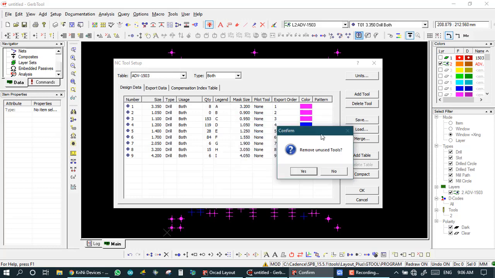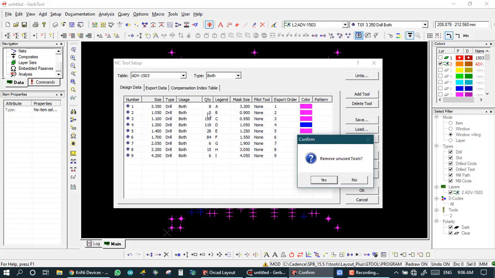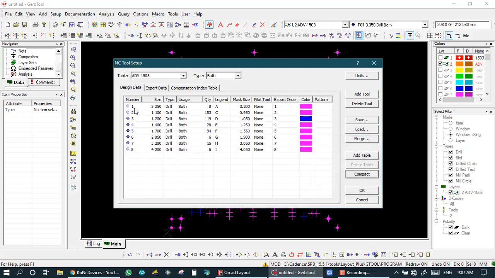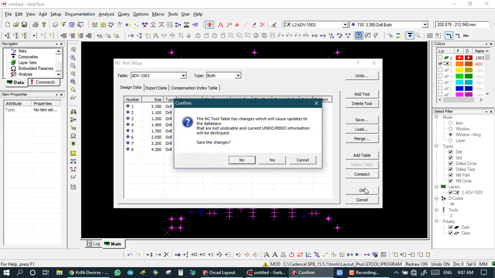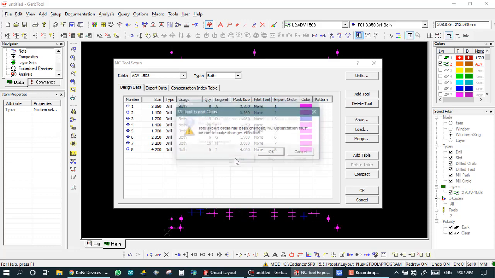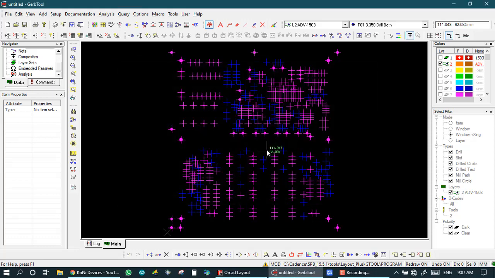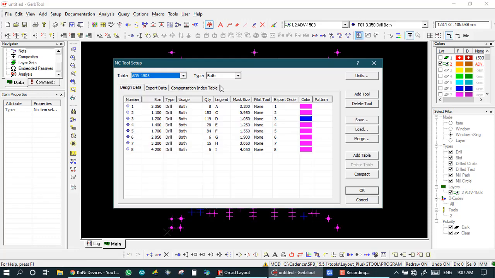Here all tools have some drill heads, but tool number 2 has no drill heads, so it is unused for us in this Gerber. So we press yes, so it's removed, and the numbers are 1, 2, 3, 4, 5, 6, 7, 8, and OK, yes and OK. So we merge like this, and OK.